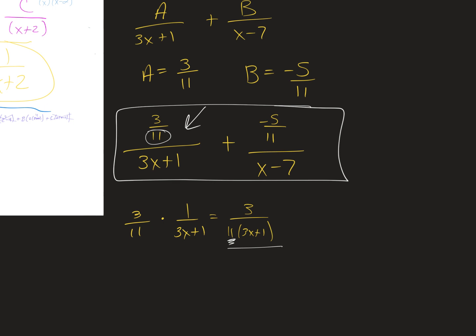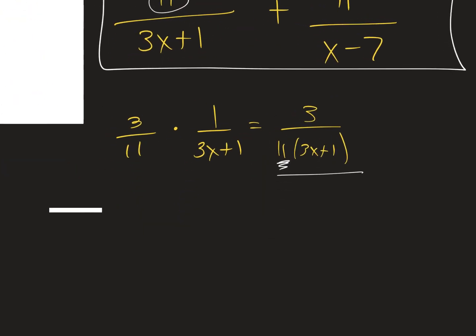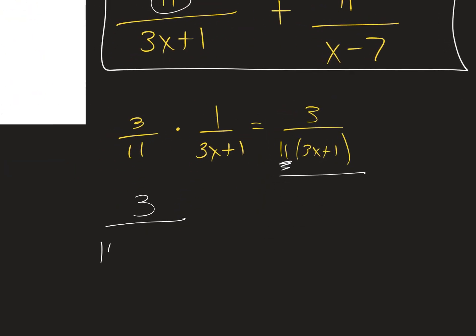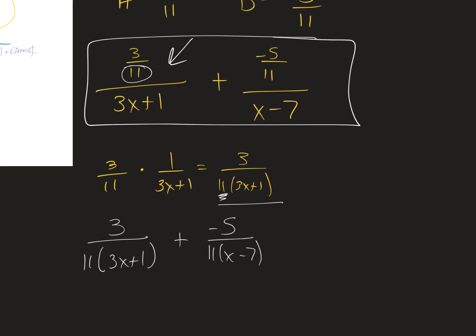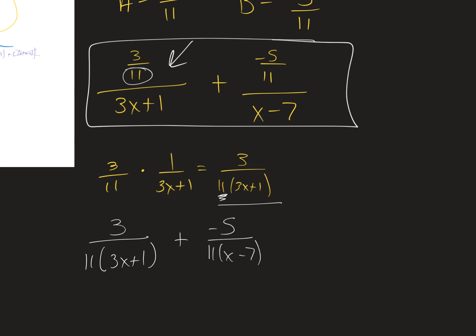The correct way to write this would be 3 over 11 times 3x plus 1, plus, or a negative if you want, negative 5 over 11 times x minus 7. But do you see why that 11 just goes in the front of the denominator? I just showed you why mathematically here. If you keep change flip,